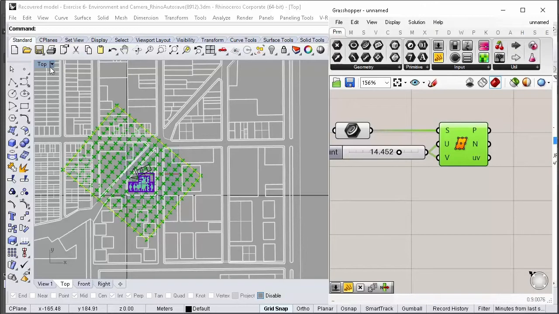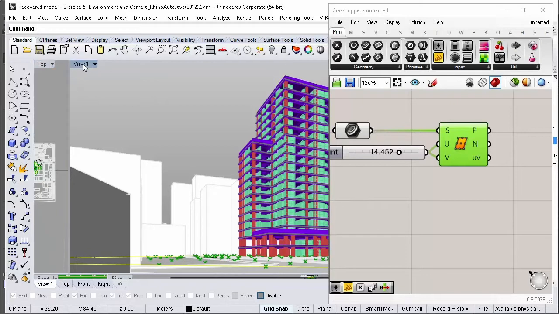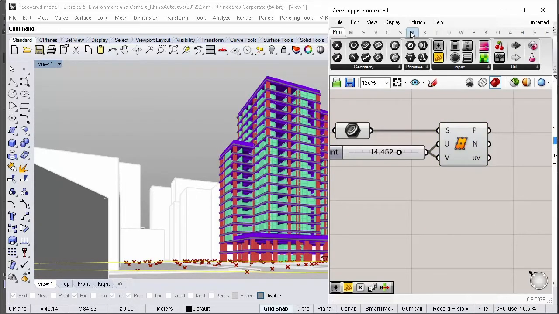Determine the number of points according to what best fits the scene. So there we are.